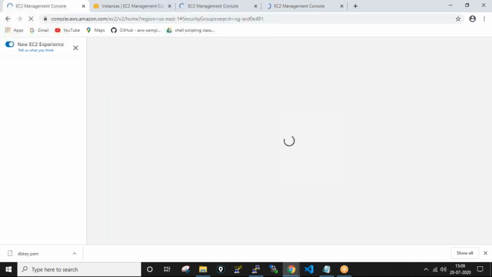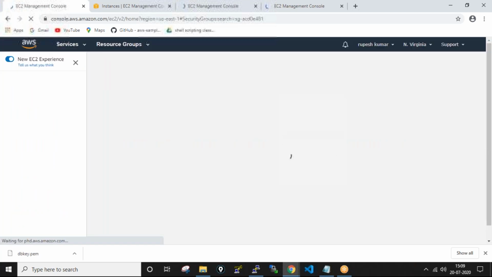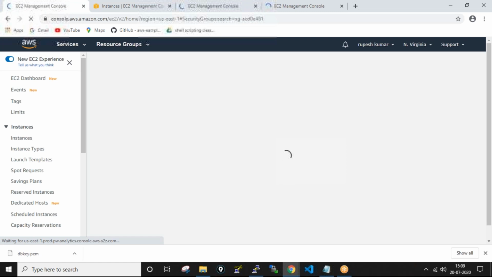It will redirect to the security groups of the console. We need to modify the inbound rules.